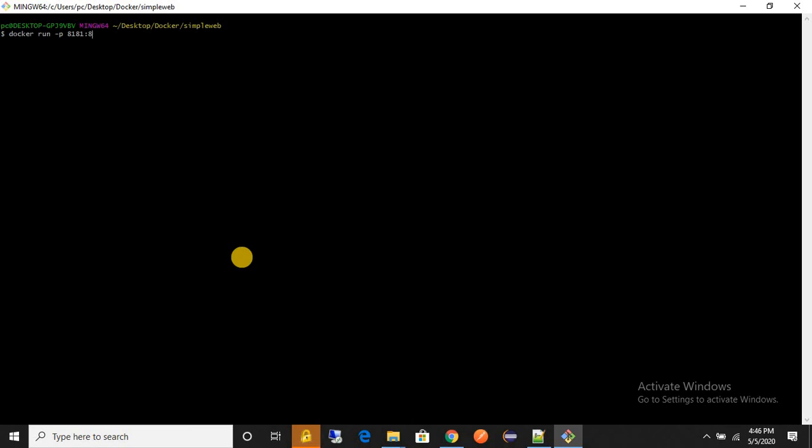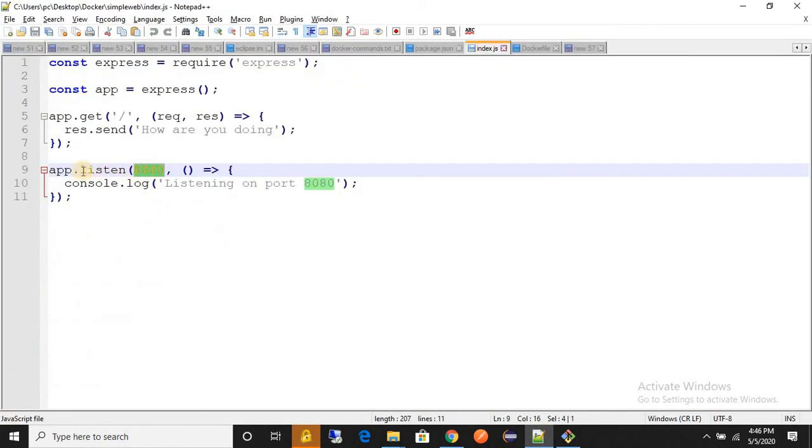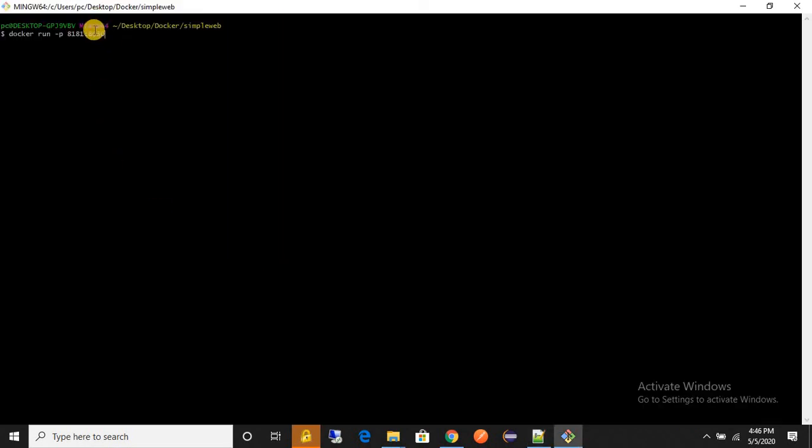Now this is my container port number, right? If you see here in the index.js file, the app is listening on port number 8080, right? So that port number I have provided here, this 8080, and this 8181 is my port number.